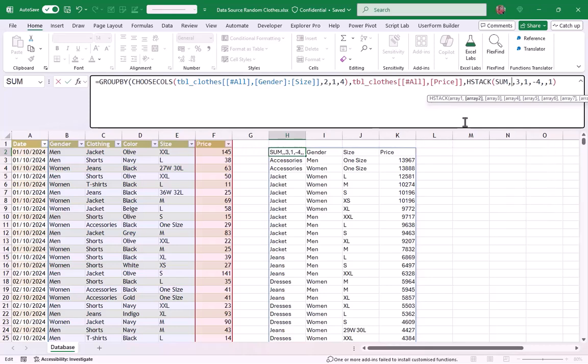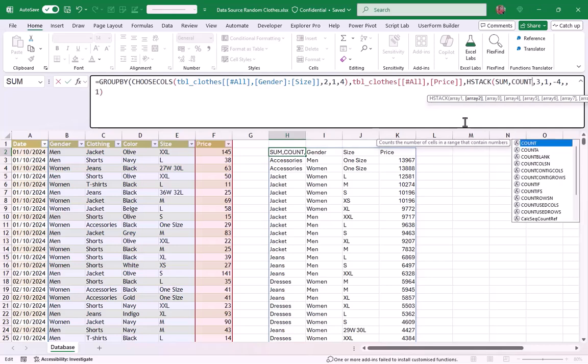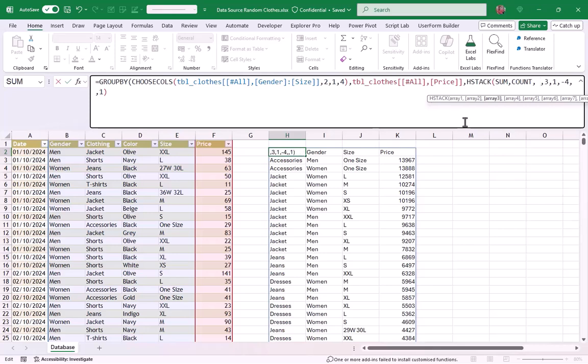Second array will be count. This is why it's very important to remember the name of each calculation type, because there is no tooltip in this situation. After it was average. No, we said mean. And I close. And when I press enter,